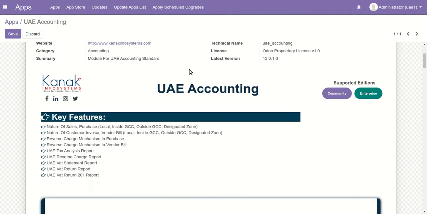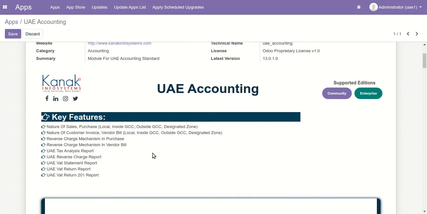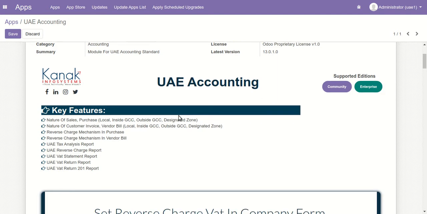Here you can see brief information about this module, like which features it will include, such as nature of supplies and the customer invoice, reverse charge mechanism, and the standard UAE reports like tax analysis, reverse charge, and VAT statement.